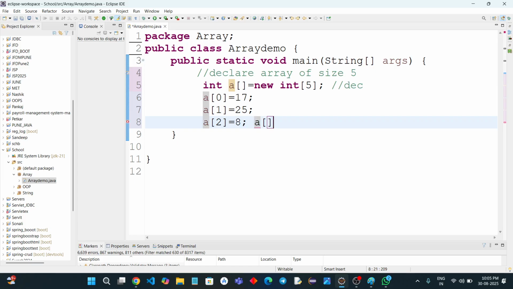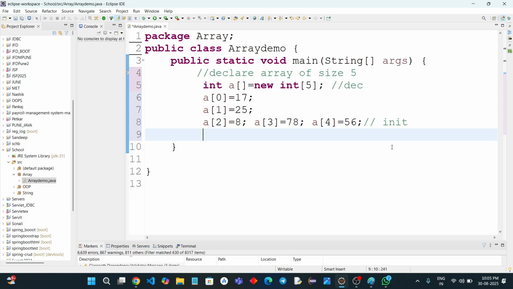Then A of 3, then A of 4. Only up to A of 4, because we do not use A of 5. Indexing starts with 0, right? So 0, 1, 2, 3, 4. So this is known as initialization. We are initializing this